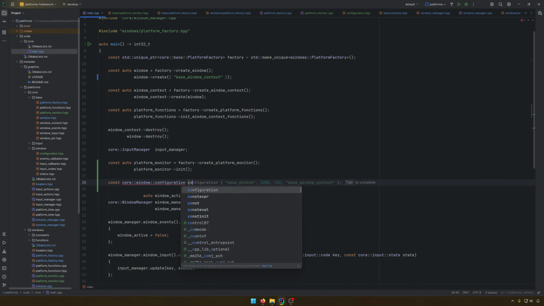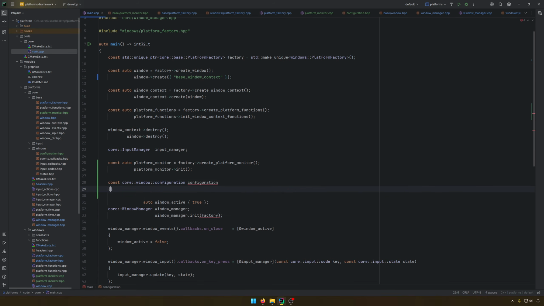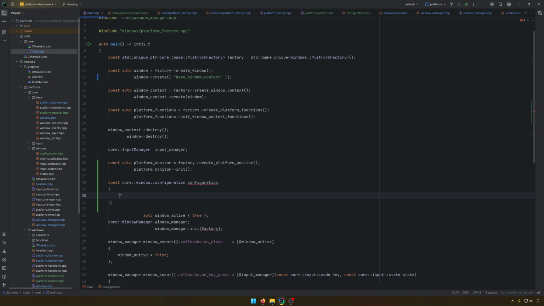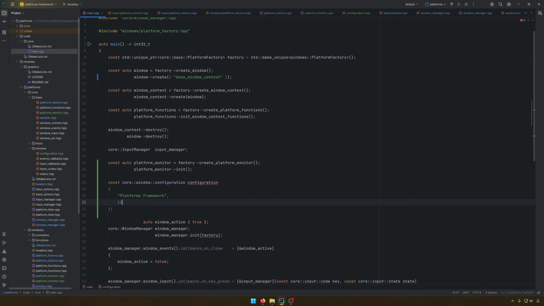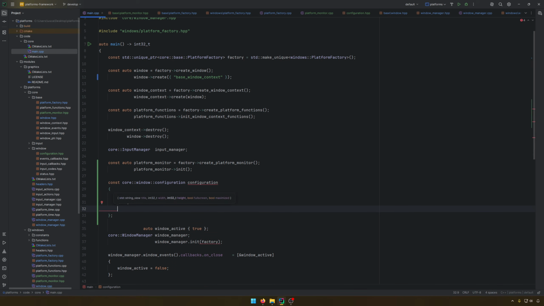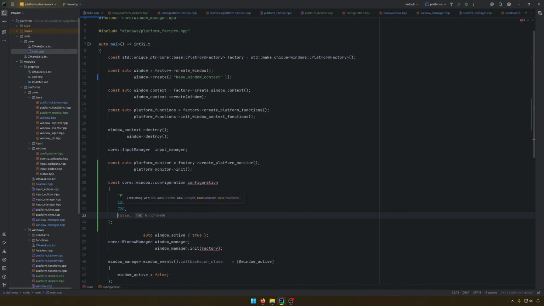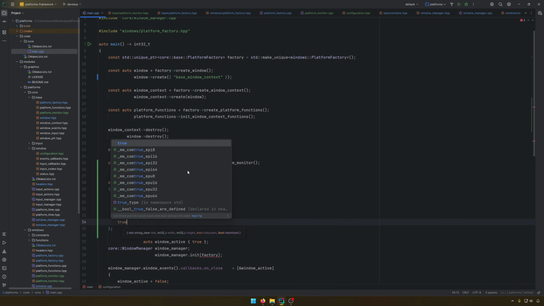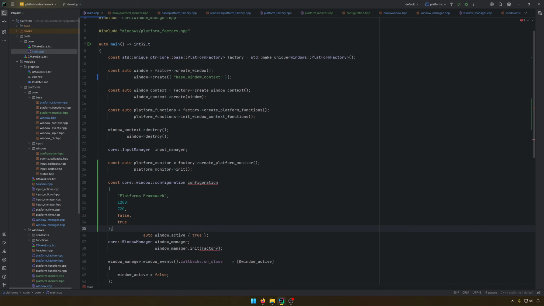After that, I want to have a constant core window configuration, and for it, I want the following to be platform framework. Okay, I want to have the old size for the window. I want to have it as false, not full screen. But for example, I want to have it as minimized. And what remains for us is to just use this configuration. To have clarity, maybe I will call this window configuration,